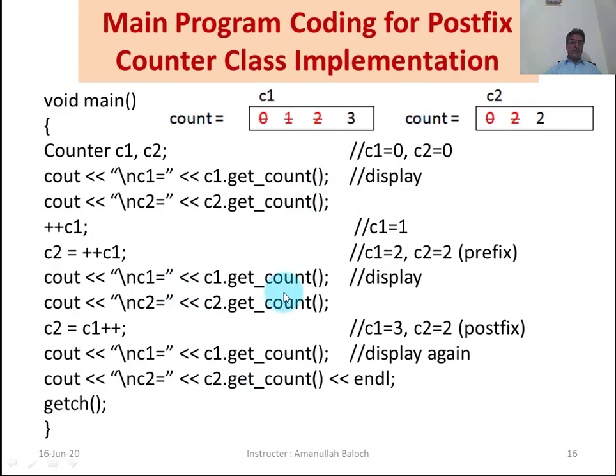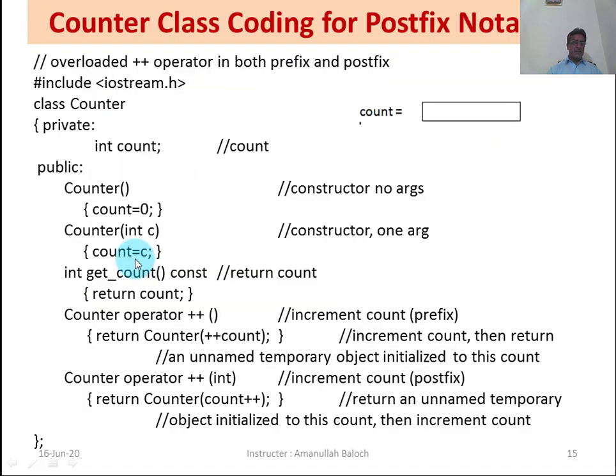Here you may see the difference. This is the main program, and the main program will call this increment operator, the prefix and postfix notation of the increment operator from the class. It will also call getCount. It will also use these two